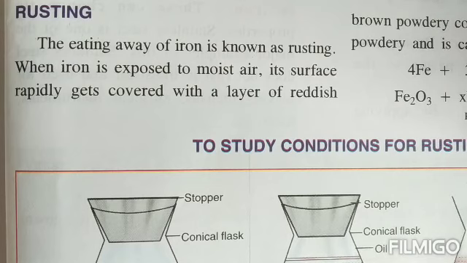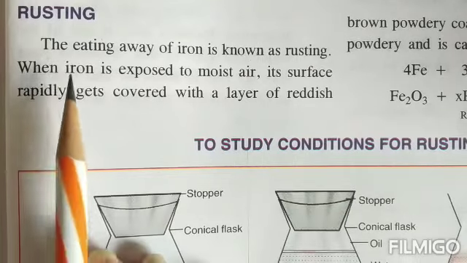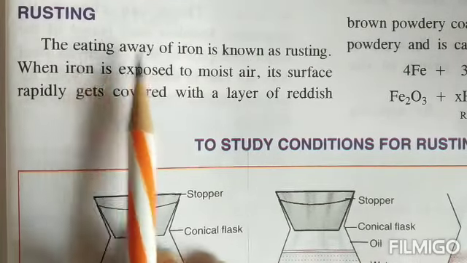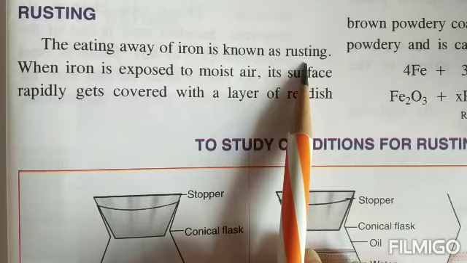That is hydrated iron oxide. So iron in the presence of oxygen, because in the environment it gets oxygen, and water, which it gets regularly as long as the coolers are working. So in the presence of oxygen and water, iron changes itself into a hydrated form, and that hydrated iron oxide is known as rust, and the process is known as rusting. The eating away, that means the destroying of iron, is known as rusting.